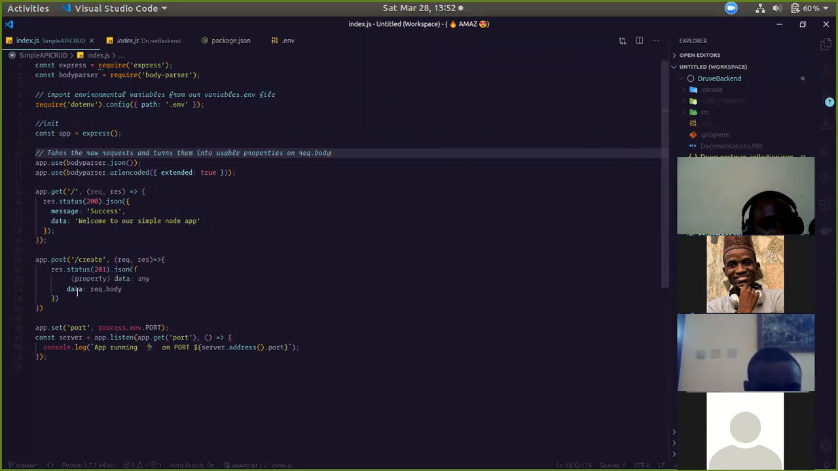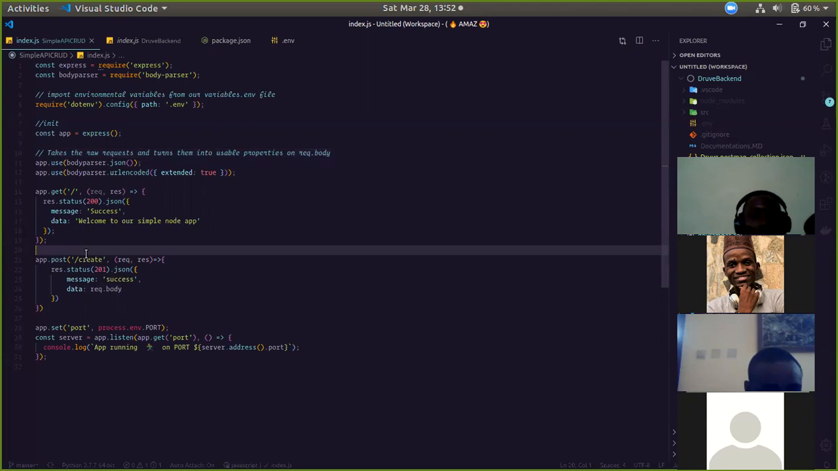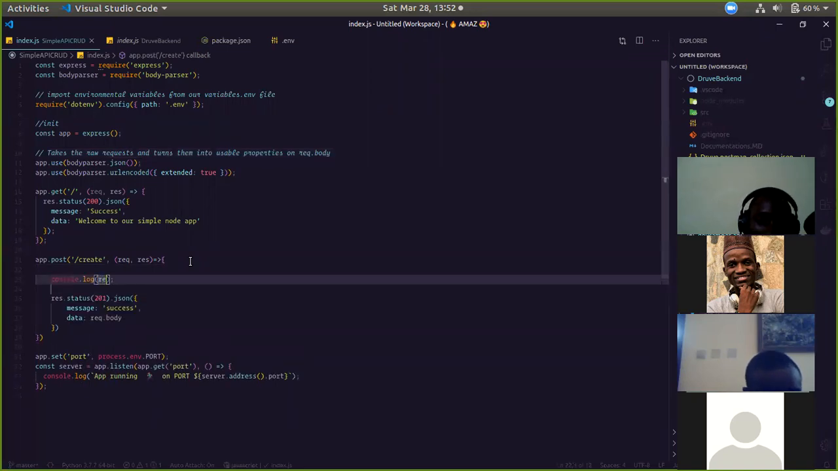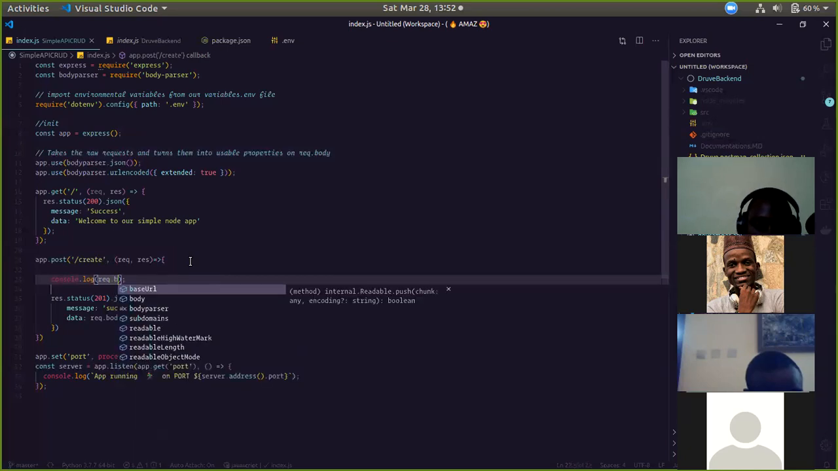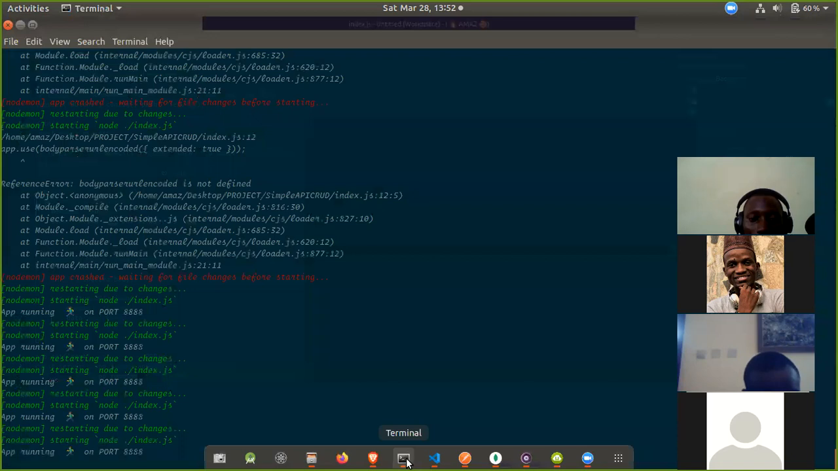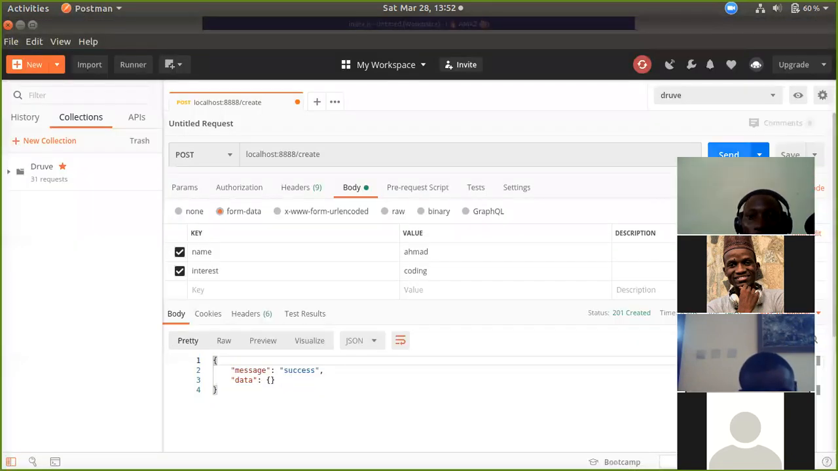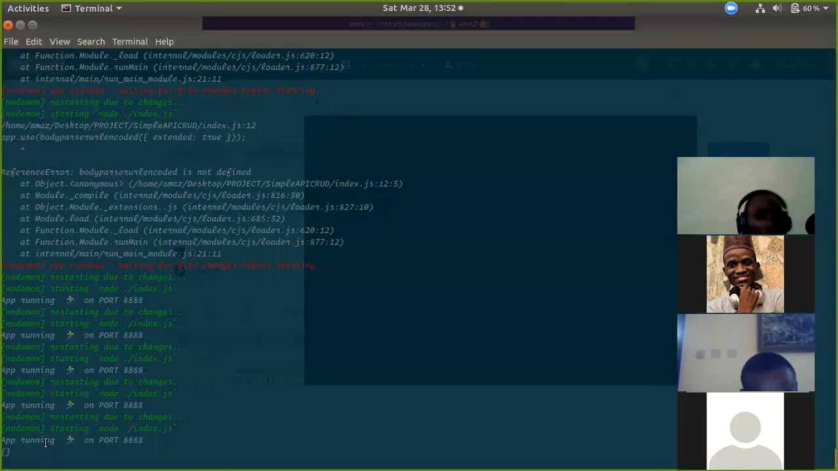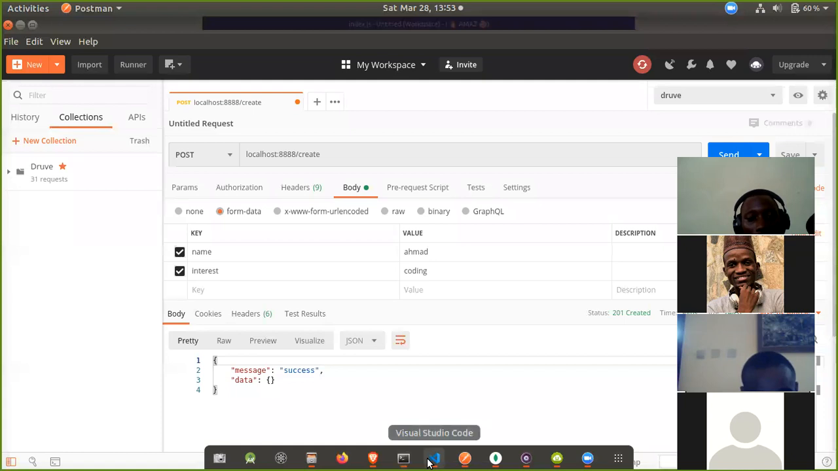Request.body. Okay, let's just quickly do this. Let's quickly log this. Yeah, I do a lot of console log. Request.body, let's log that and see. So go back here, send. Okay, so let's check our terminal for the log. Wow. Okay, showing that nothing is coming from the